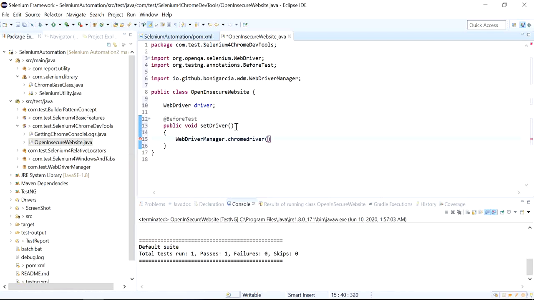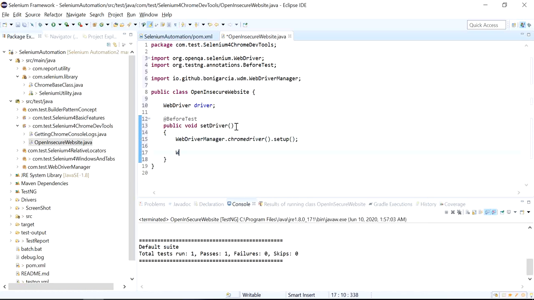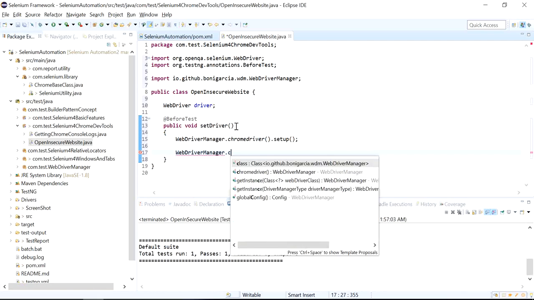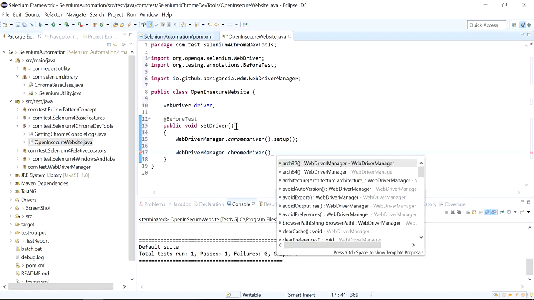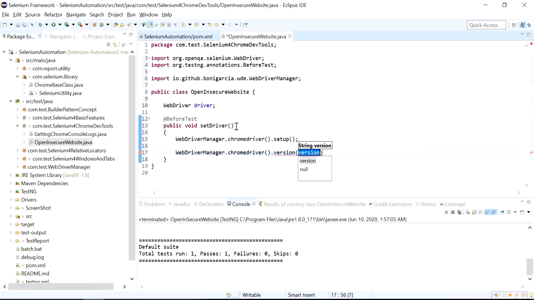ChromeDriver dot setup, WebDriverManager dot chromedriver dot version, the version of the driver which you are going to download automatically. The WebDriverManager will download the driver automatically.